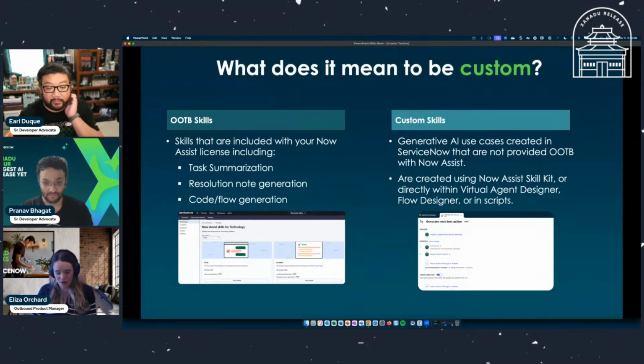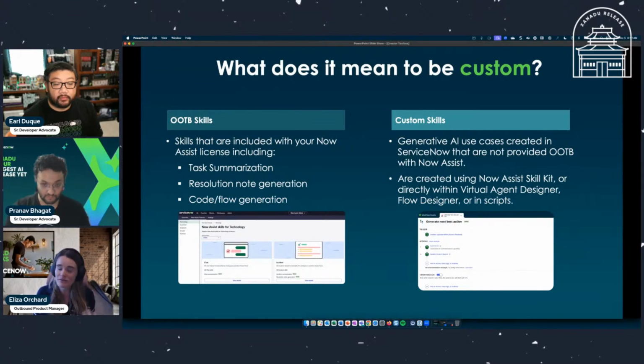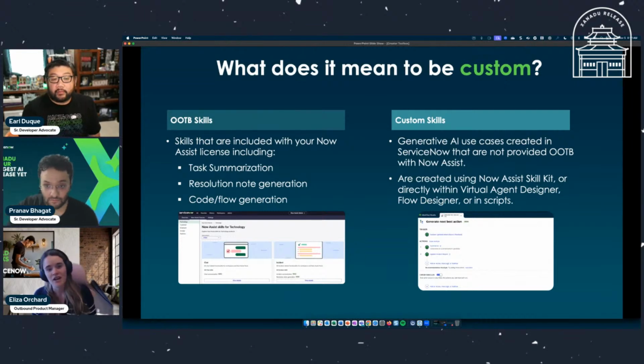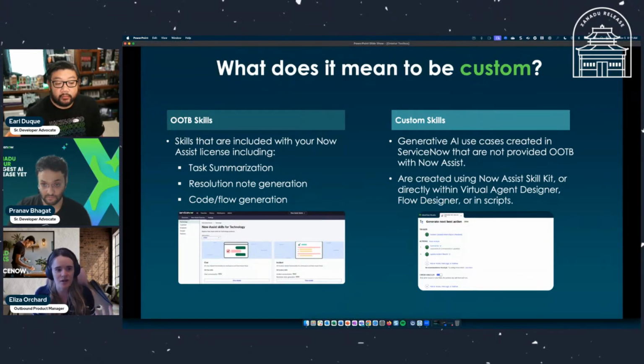So going back to SkillKit a little bit, and earlier I mentioned basically what SkillKit allows for you to do is build custom generative AI skills. But I want to take a step back and just remind everyone what it means to actually be custom in this space. So I'm sure if you've attended any of these past creator toolboxes or live coding happy hours that have dealt with generative AI in the past, you've probably seen some of these out-of-the-box skills that we